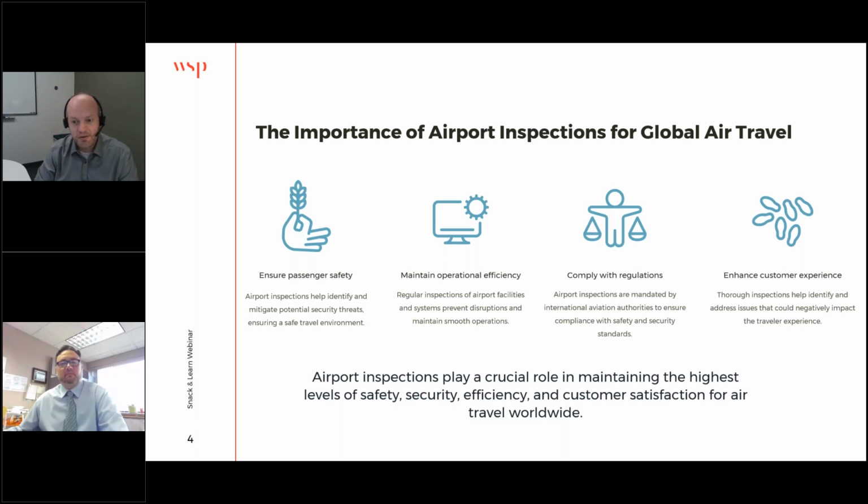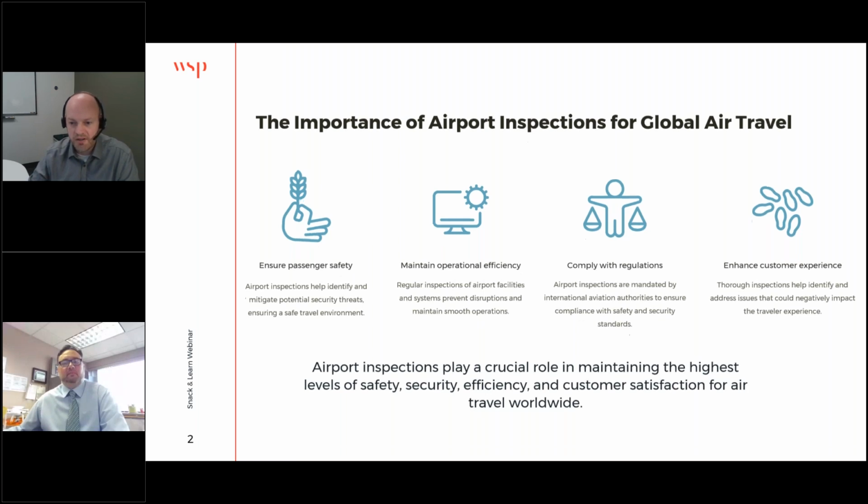On the other side of that, however, when airport inspections aren't done right, the consequences can be severe. You can have the pavement falling apart, or other oversight for even mechanical and structural failures, which can result in delays and accidents, or even severe security breaches as well. Thinking of a past incident where a neglected sky bridge or jet bridge had some issues, and ultimately it led to some injuries, raising some issues about airport safety protocols. So it's really important, and we're going to get into how UAS can play a pivotal role